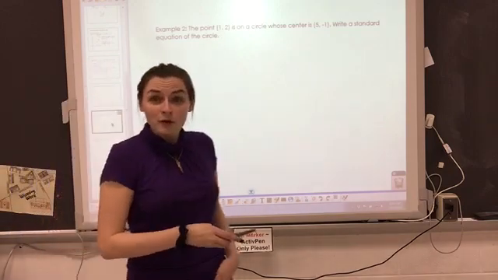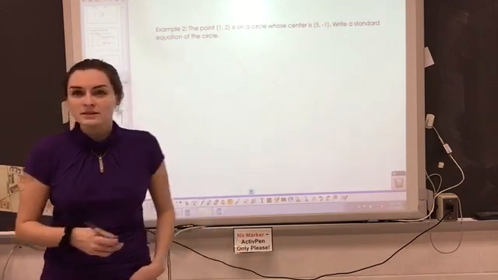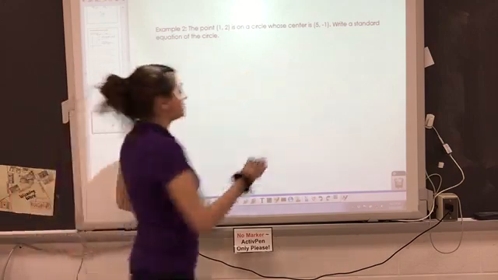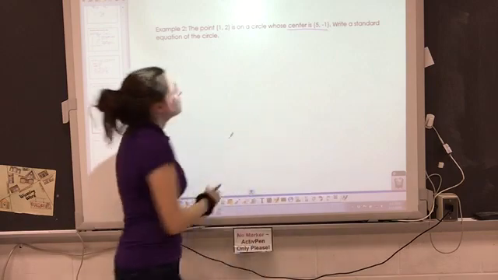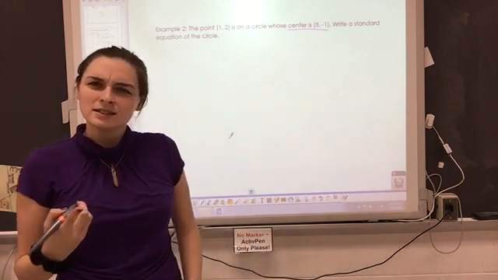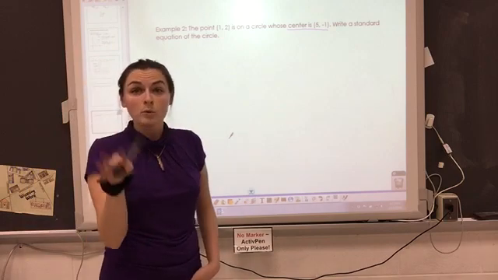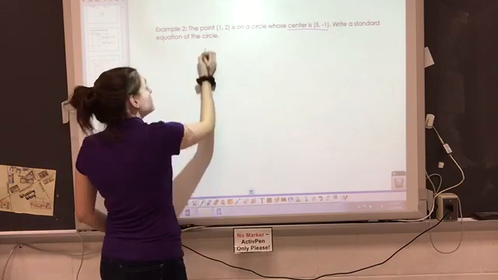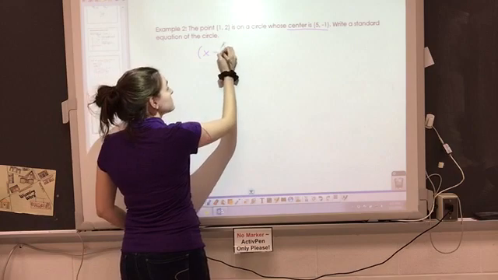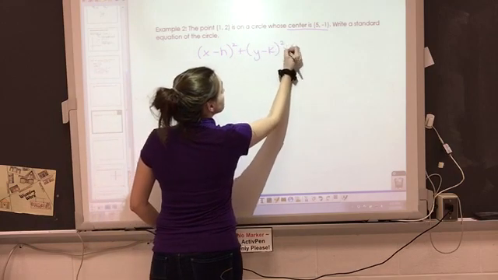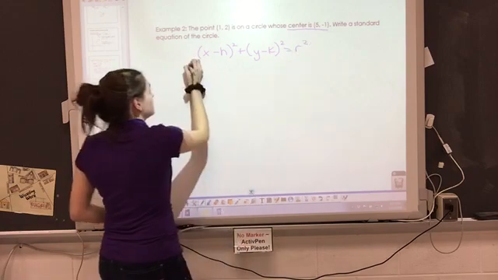Example 2. So for this one, what did they give us? Well, I see a center. Good. But did they give us a radius? No. This is going to be tricky. So let's write out what information we were given. So I know that the general formula was (x minus h) squared plus (y minus k) squared is equal to r squared. I know my center